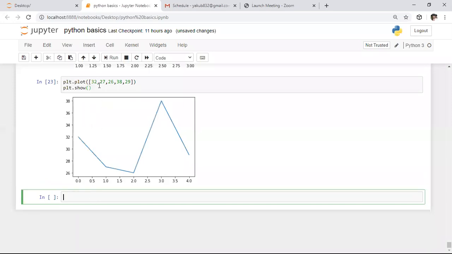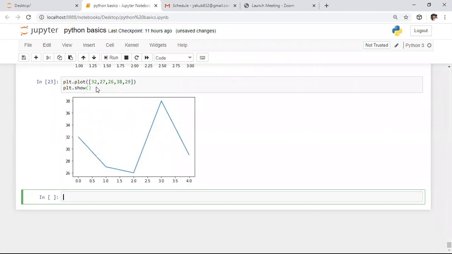By default it is considered as y-axis values, and x-axis values start with 0. Those are nothing but index values, and 27 is at index 1. At index 2 we have 26. At index 3 we have 38. After that, at index 4 we have 29.